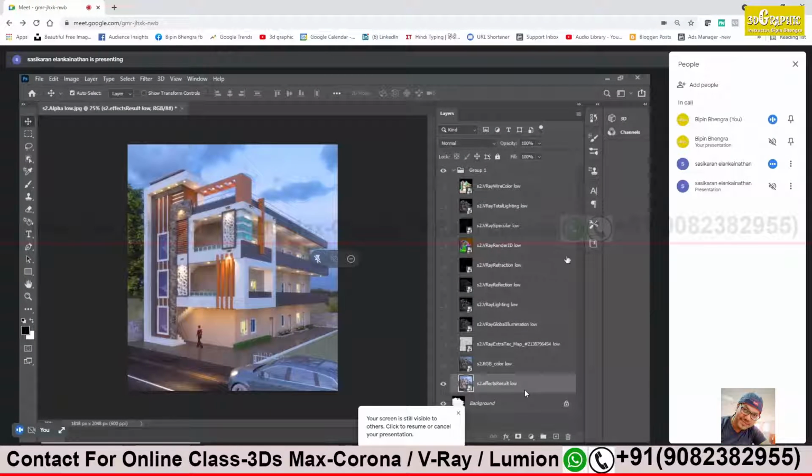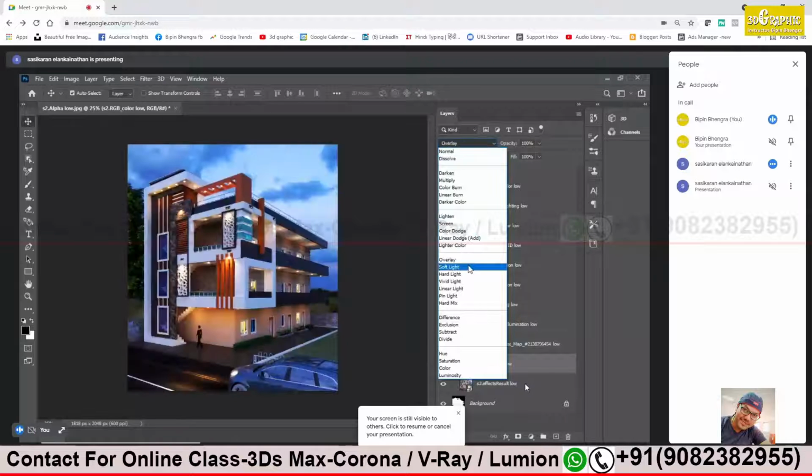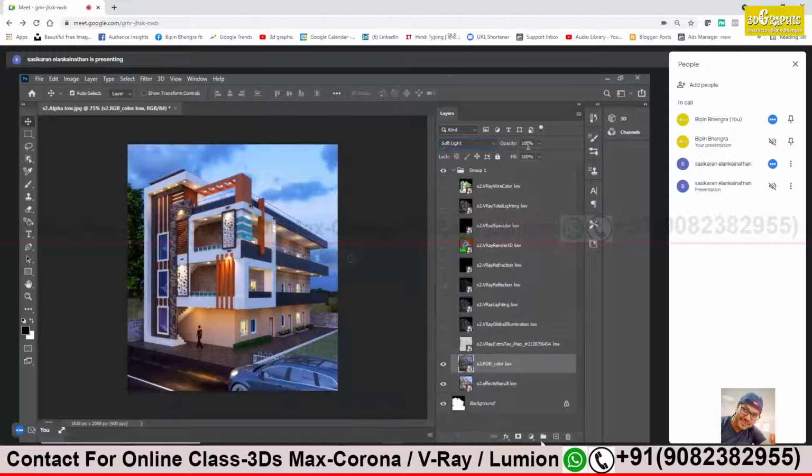Effect result, we will not change anything. Effect result is our base result. Go for RGB, on the eye icon. Yes, very nice. Now property. Oh, wait. First property, first normal. Yes, soft light. Very nice. Now opacity, reduce, make it 0. Now increase to 10%. Make it 5%, 10%, until you see a slight difference. Make it between 15 to 20%.